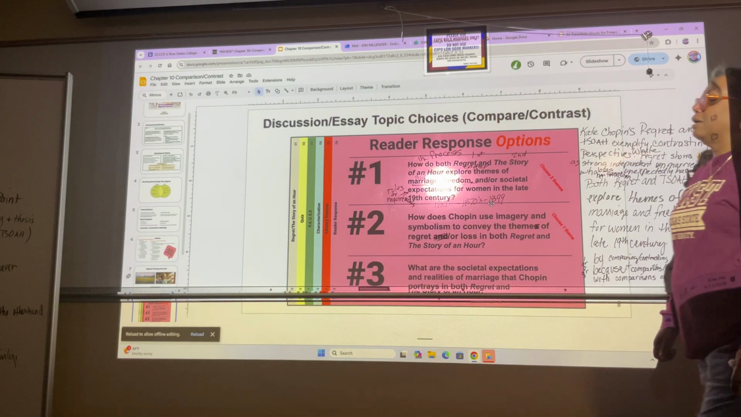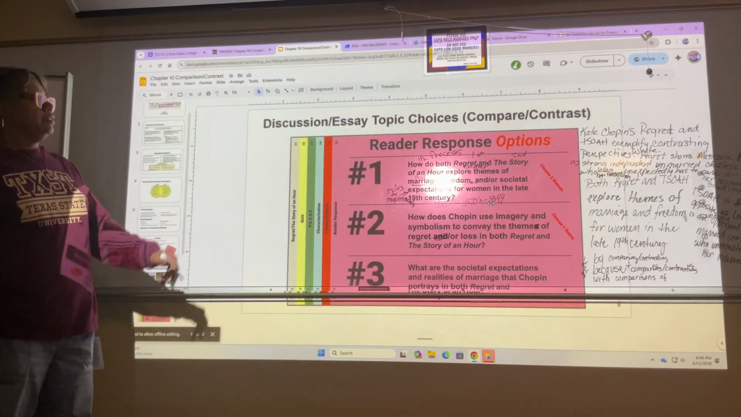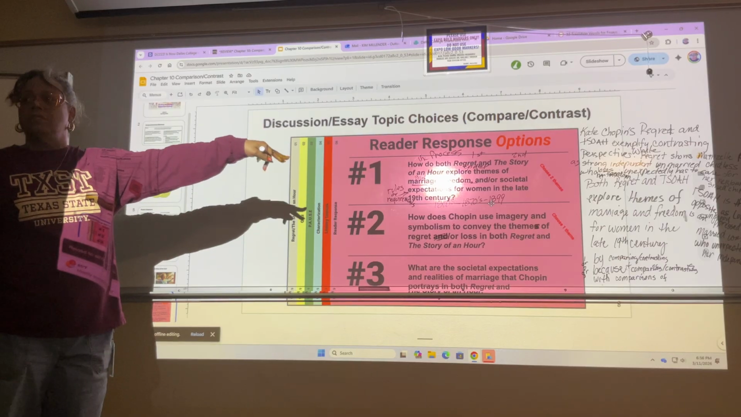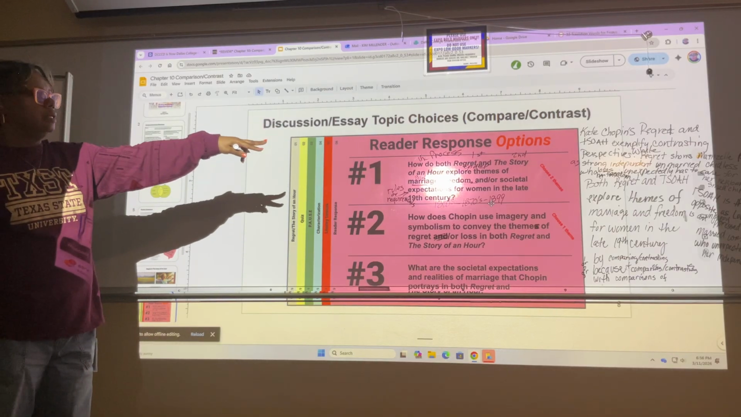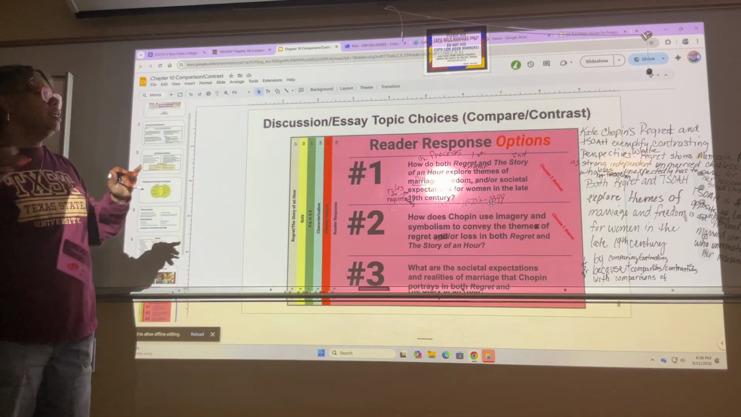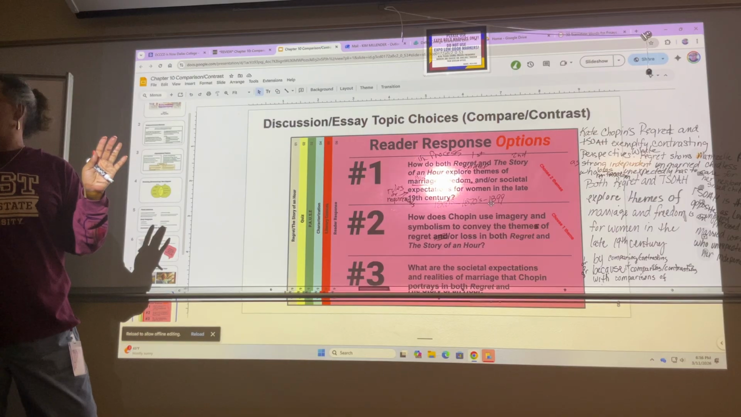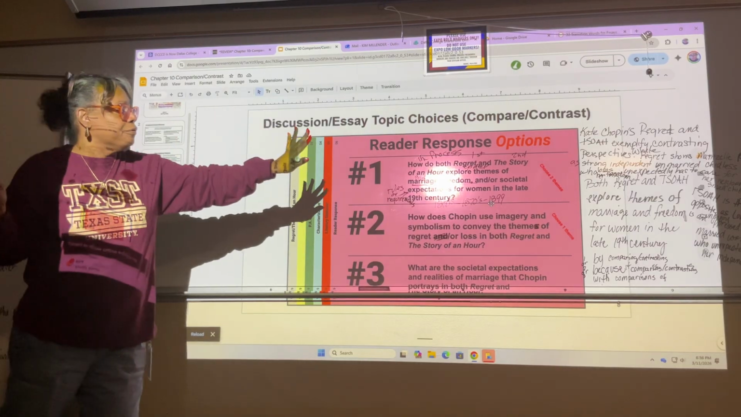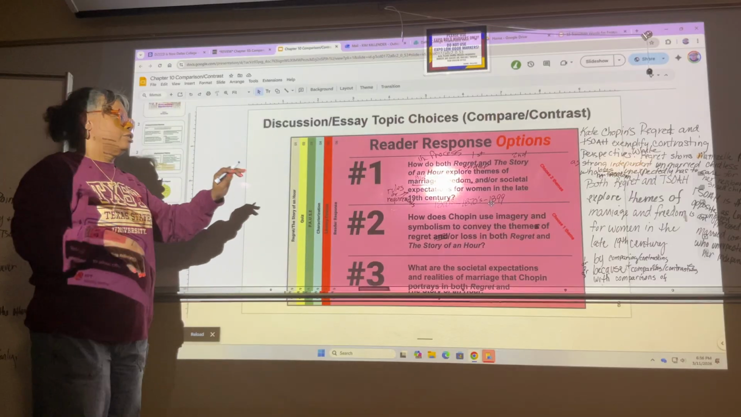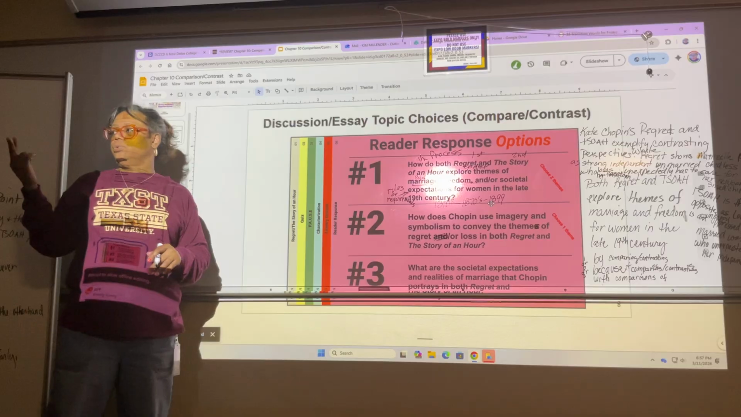So for that one, now mind you, I'm left-handed, so this is gonna be harder. So it's the same thing. We got our summary, right? You know how to do the summary, so we don't have to worry about that anymore, correct? You know what we're doing, you have information there, it's just summarizing the story. So how does Chopin use imagery and symbolism? So those are two